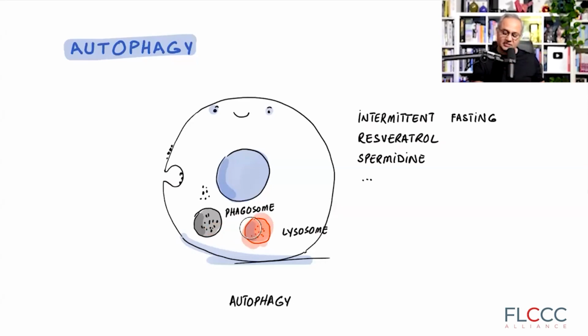Lysosome is this pocket which has lytic enzymes. Lytic enzymes are the enzymes that are going to break down the waste material. Once these two are fused, then the offending agent or debris or waste or trash is broken down into smaller pieces. So here is a very delicate and important point to keep in mind.